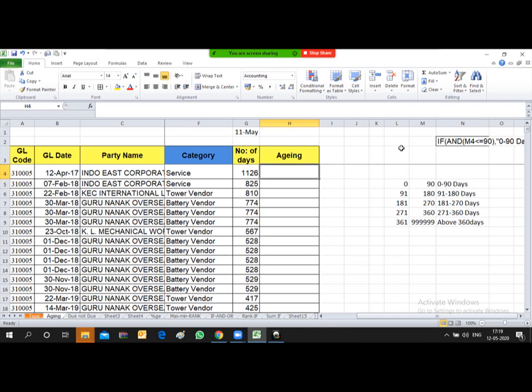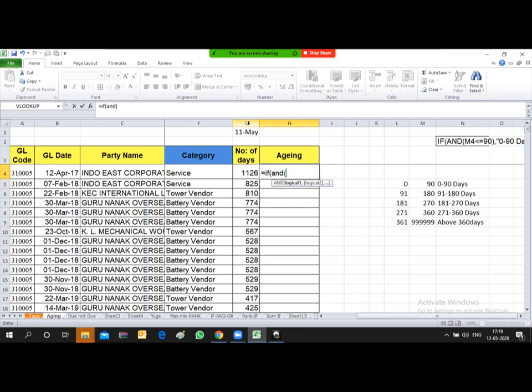So friends, let's first use this IF function, IF and AND function. I will type IF and then start bracket. After beginning the bracket, I need to provide the logic. The logic is, if the invoice remains outstanding from 0 to 90 days, the aging will be 0 to 90 days.